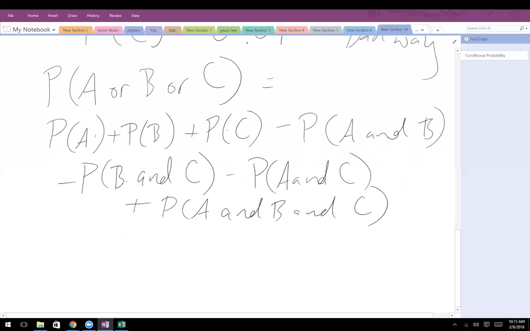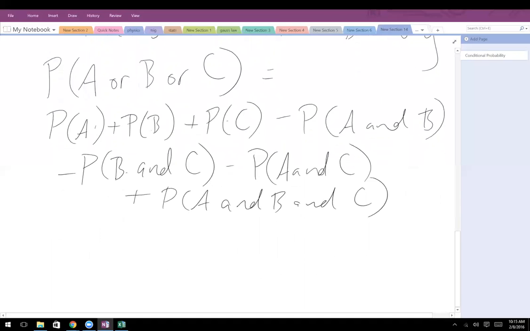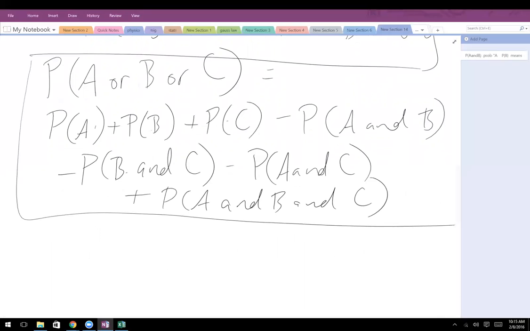Actually, it's not that hard to do it this way, so let's do that. So that's if you have three things. If you have four, it's the same thing. You add all the odd numbers of choices, and you subtract all the even numbers of choices, however many you have. So if you wanted to do it this way, well, A, B, and C are all 0.01s,